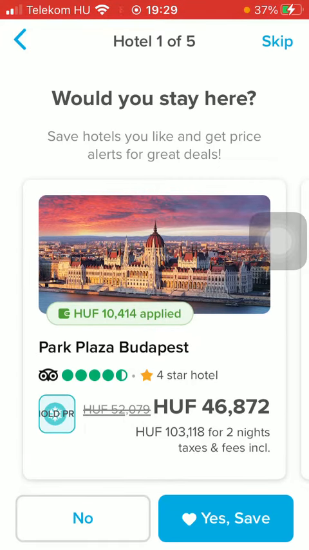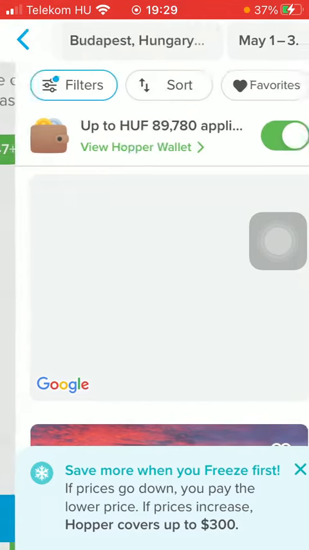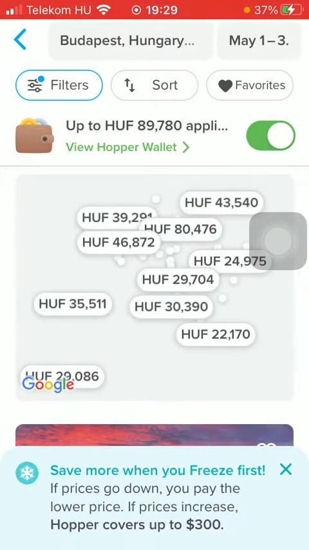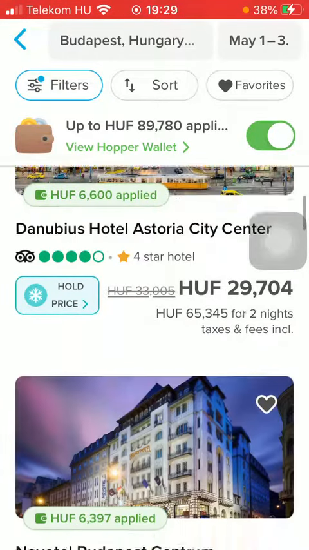Here you can see the recommendations. You can indicate whether you would like to stay here or not by tapping on either the no or yes button down below, but you can also skip this step by clicking on the skip button in the upper right corner of the screen, and then you can proceed, and here you can see the available results that you can